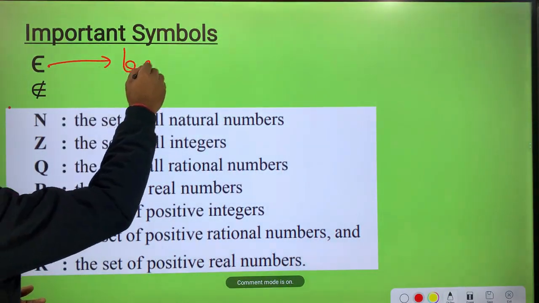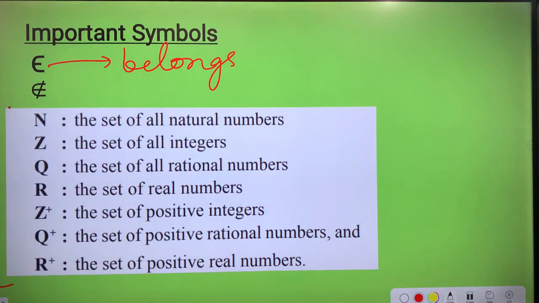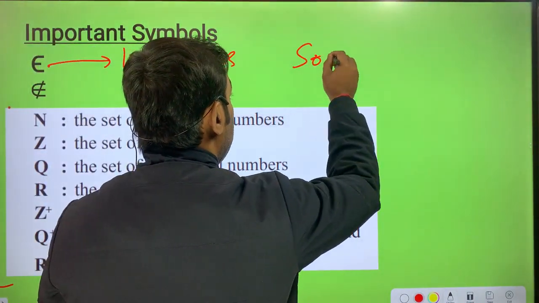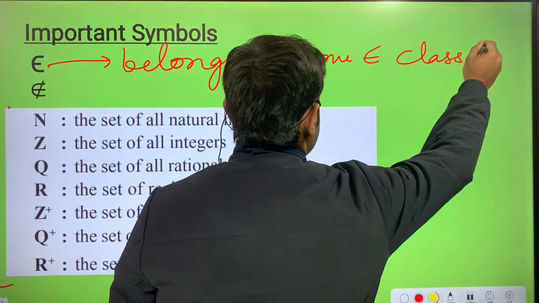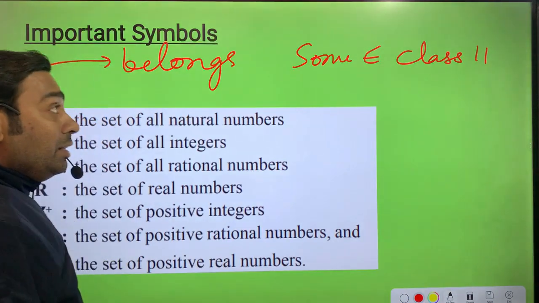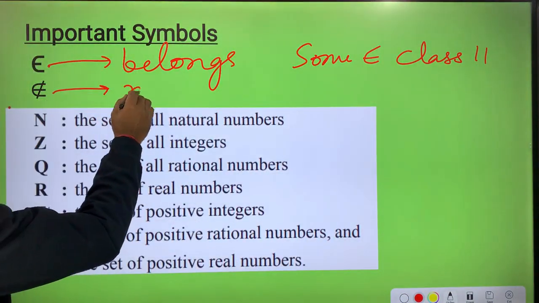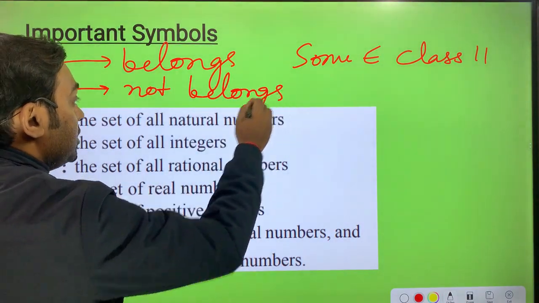Like, you belong to class 11th, so I can say Sonu belongs to class 11. So this is the belongs to symbol. And this is the not belongs to symbol.